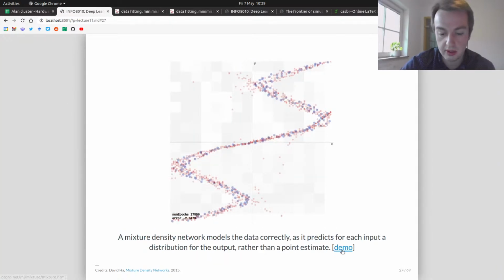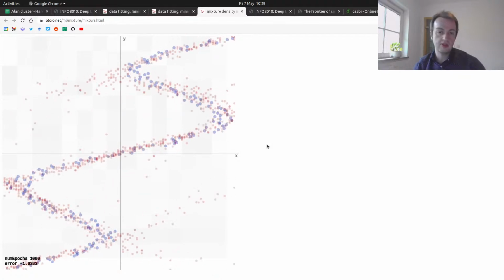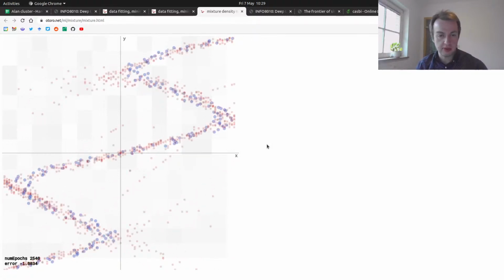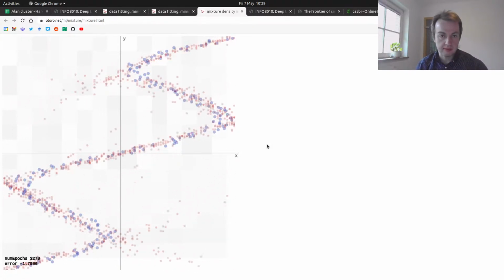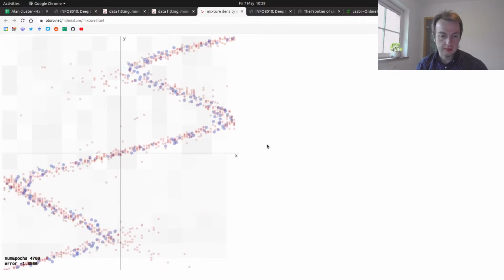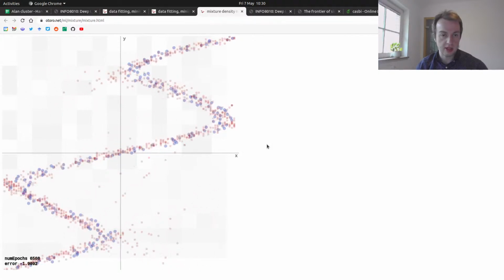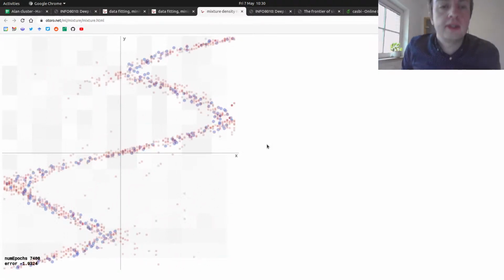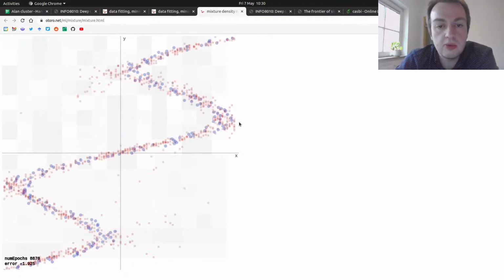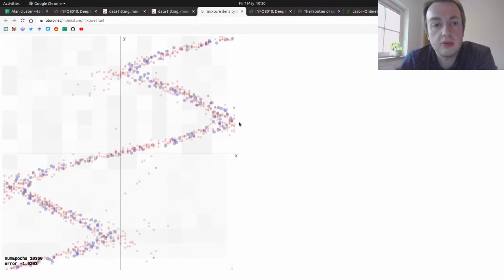Okay, now let's see what would happen if, with the same data and the same problem, we try to fit a mixture density network, this Gaussian mixture model, as I've introduced just before. Otherwise the neural network is just the same two-layer MLP, but with more outputs. So what you see now is that the red points correspond to random samples from the approximate conditional,